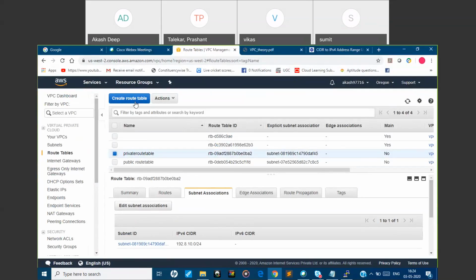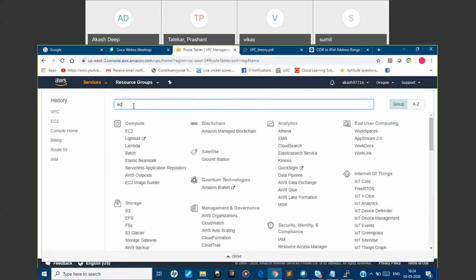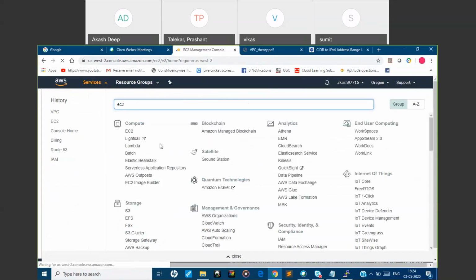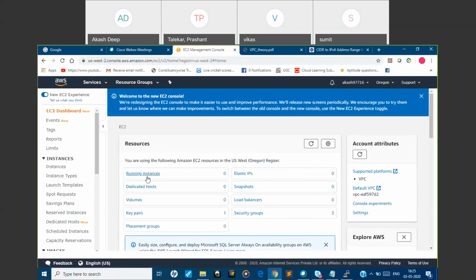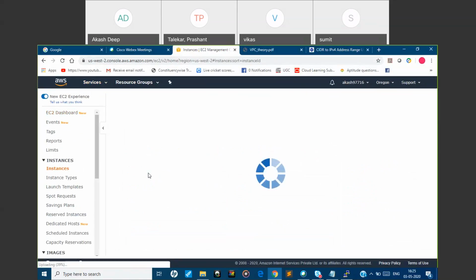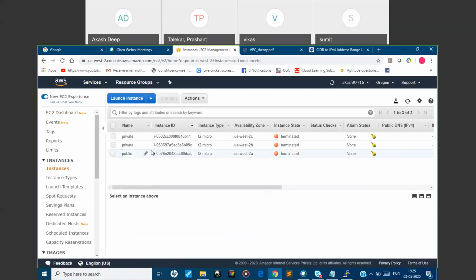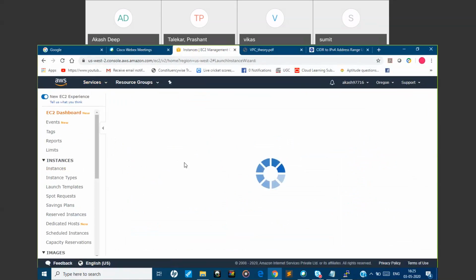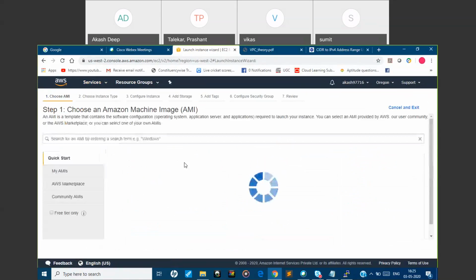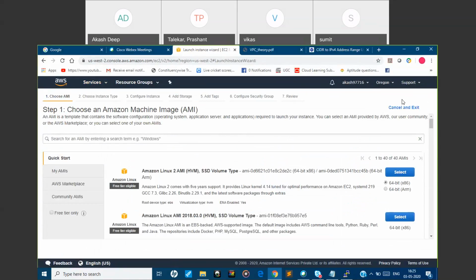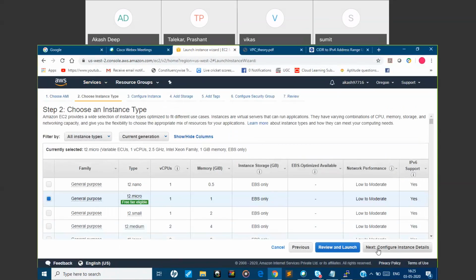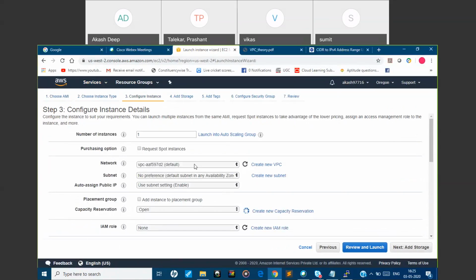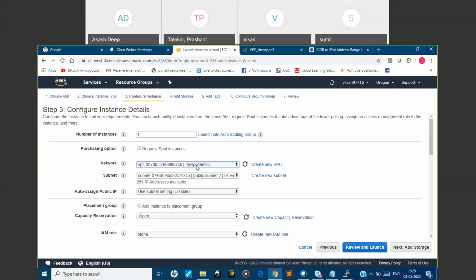It's done actually. Now we will be launching instances, one in public and one in private. We'll select my VPC.